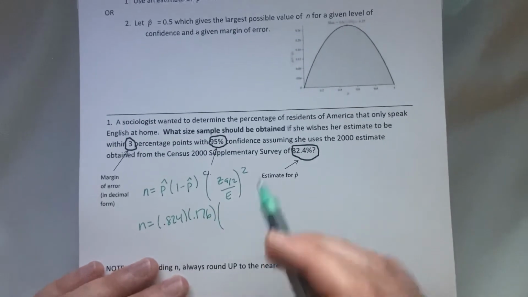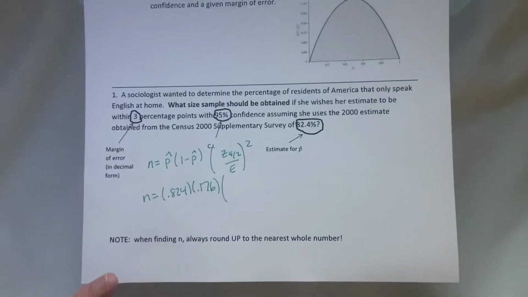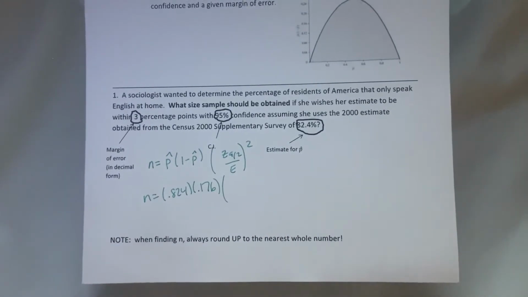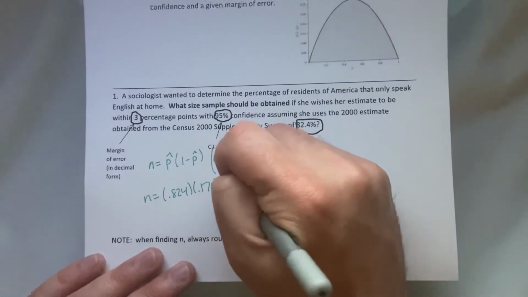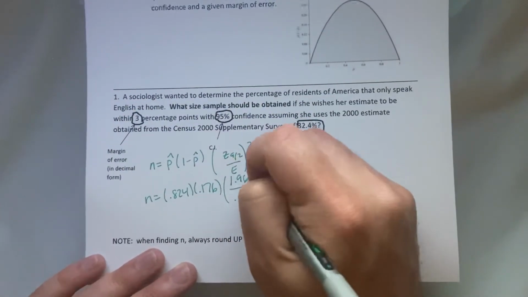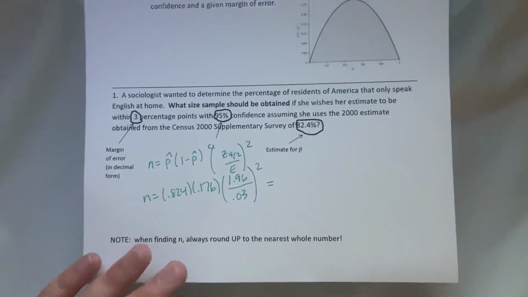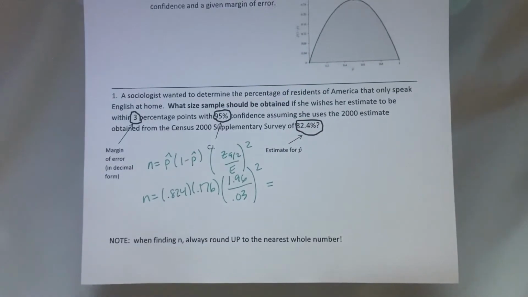Now, this is a 95% confidence interval. This is where we use our critical value for 95% confidence. If you look back a few pages from the last video, this is 1.96. Her error is 0.03, 3 percentage points, squared. Let's see what this is equal to. When you multiply these all together in the calculator or Google, you end up with